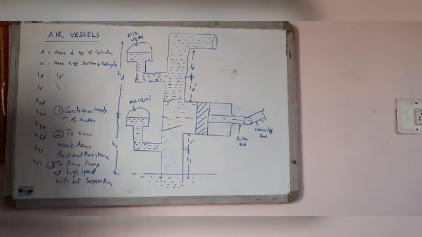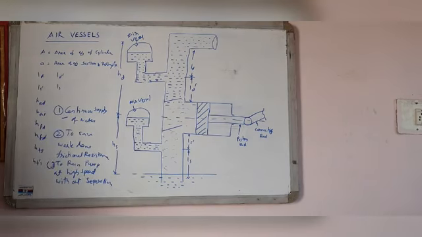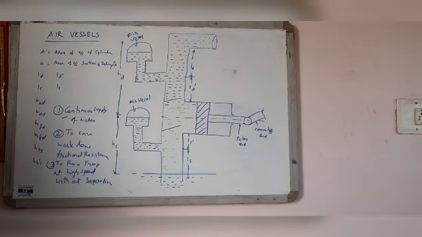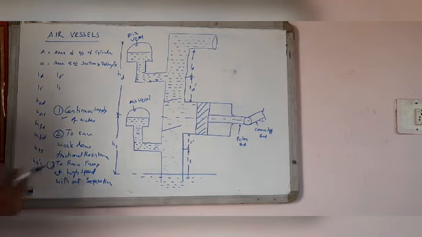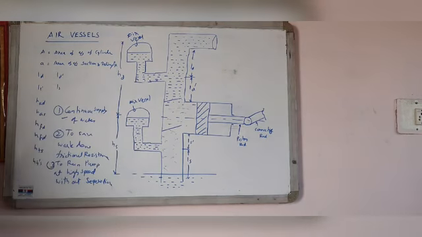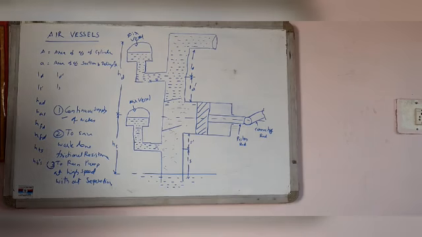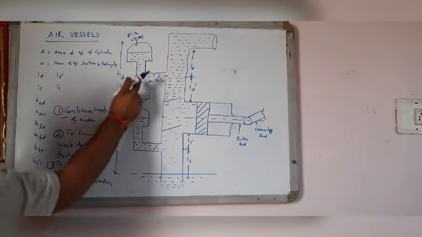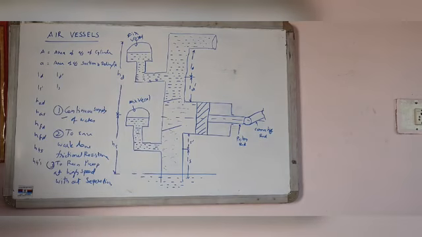Without separation means continuous supply of water is done. This figure shows a single acting reciprocating pump to which air vessels are fitted to the suction and delivery pipes. The air vessel acts like an intermediate reservoir.